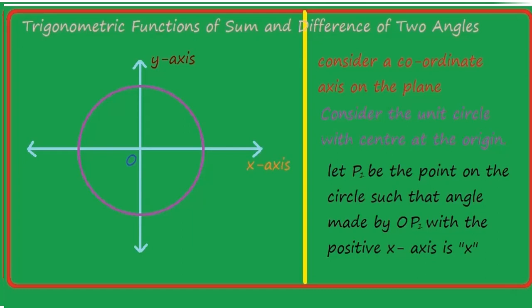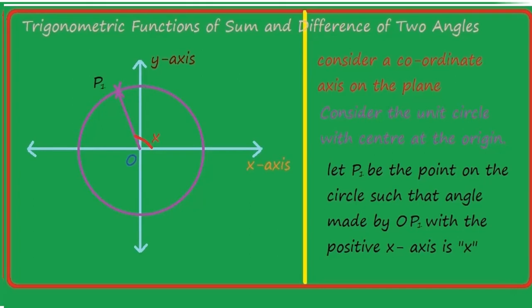Here P1 may be at any angle. For the sake of simplicity, let us take a particular angle. If you take x very large, that is, more than 180 degrees, then the derivation will become complicated. Better, while deriving, let us take some standard angle. While deriving, we have to mark a particular point. Let it be, for example, at 100 degrees. Like that, you mark a point at approximately 100 degrees, and that is P1, and that angle is x. Here I have marked it at approximately 100 degrees and take that angle as x.